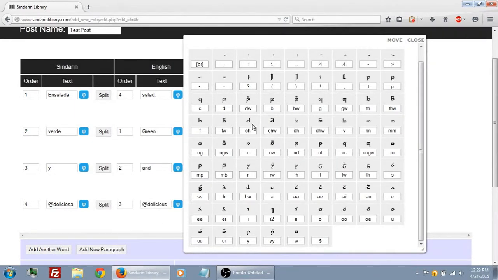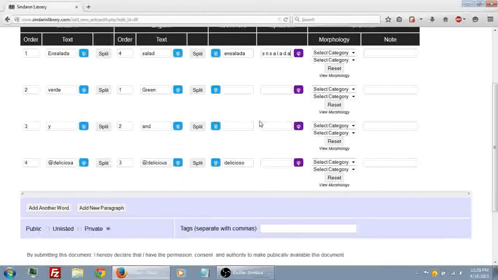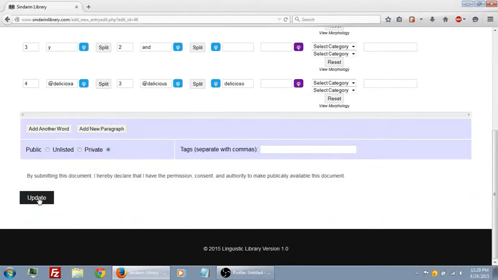Now the reason I'm adding spacing is because these symbols are sometimes clusters like CHW, and to differentiate that from having a CH and then a W, you write CHW together, and then between a CH and a W, you add a spacing. The same goes for other clusters, so the way the software knows when to end one letter and start the next is by spaces. So in this case, everything is spaced out this way, and if I click Update,